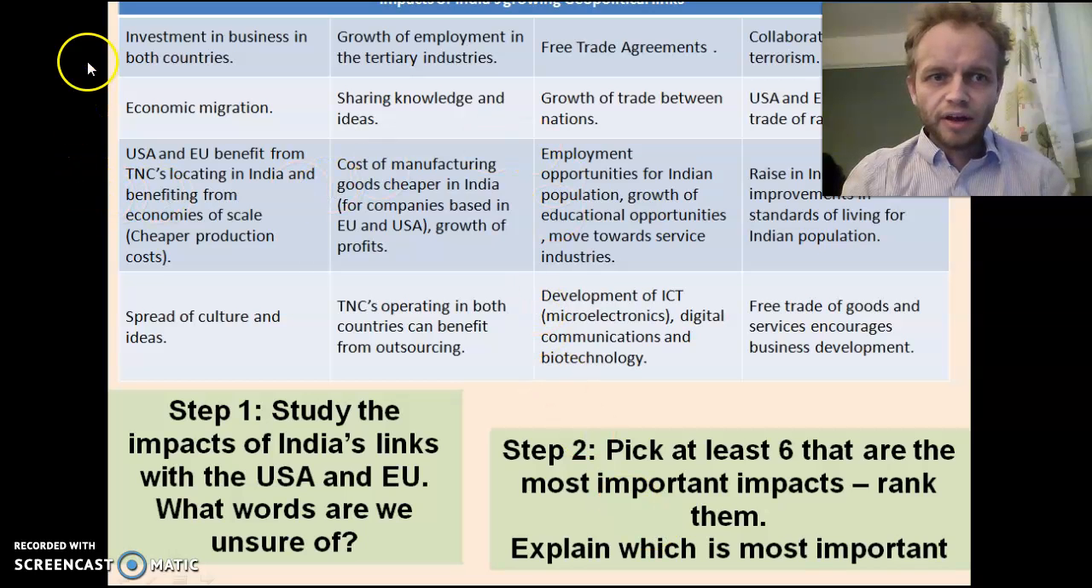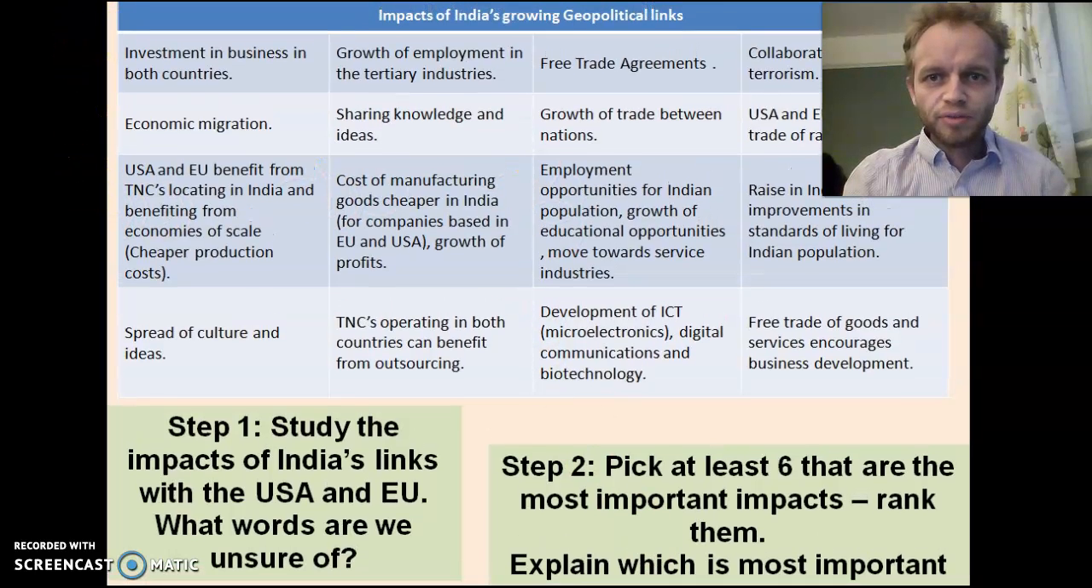Okay, this is a table outlining some of the impacts of India's growing political links. So you'll see a number of different statements that I put on the board. Firstly, I want you to have a read through these impacts and think about what words you're unsure of. Have a look on the internet, try and get some definitions of those key words, and then have a go